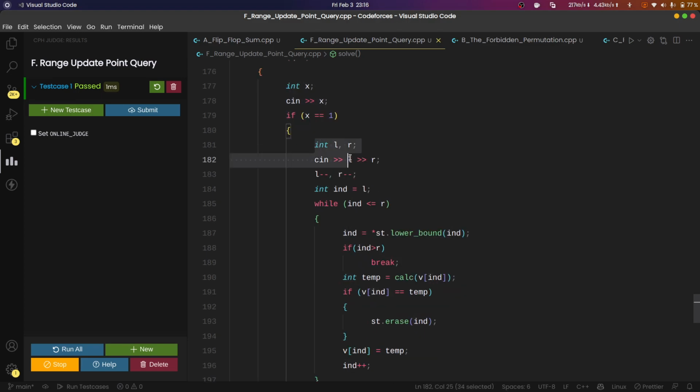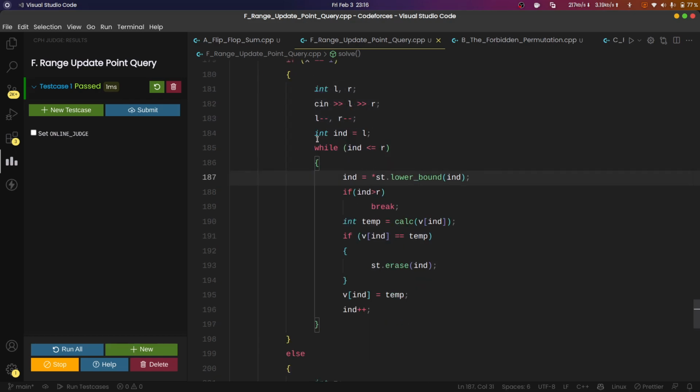If it is type 1, I first convert it into 0-based indexing. After that, I create an index integer, and while my index is less than or equal to R, I do a lower bound on the index itself, to find the next biggest number which is present. If my index is greater than R, I break out.